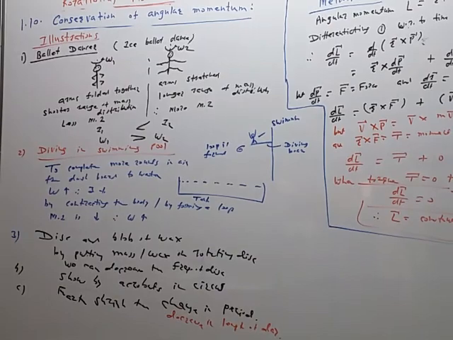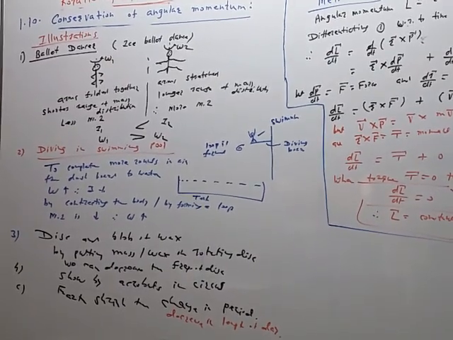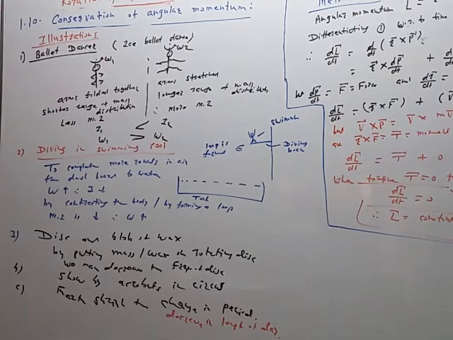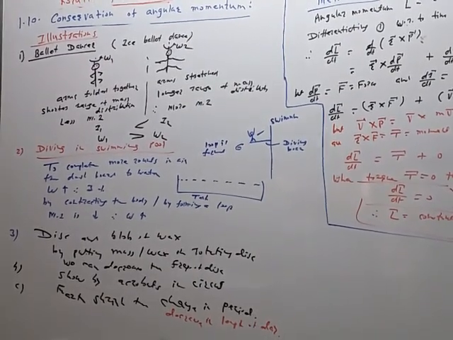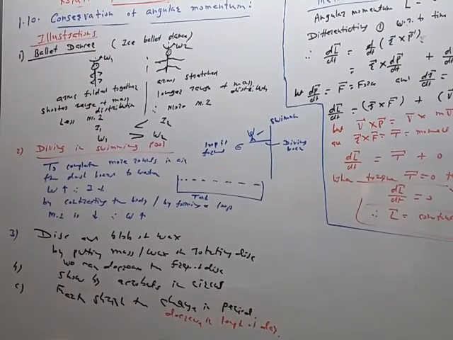So there are some interesting examples of this law of conservation of angular momentum. So these are some illustrations. The first illustration is of the ballet dancer. When the ballet dancer has to change the speed of rotation about the axis passing through the head, then he has to either contract the body or relax the body. By contracting, moment of inertia decreases, angular speed increases. That means if we want to increase the angular speed, the frequency of spin, the body should be contracted. Same principle is used here.